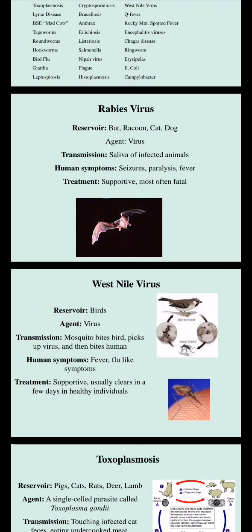It's not a bacteria, it's a virus. The transmission is through the saliva of the infected animal. So for any animal like bat, raccoon, cat, or dog, its saliva is infected. So if it bites any other animal or a human, it can transmit the disease